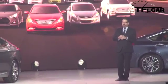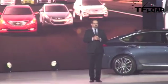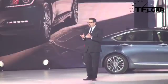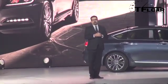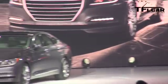And the purpose of that revolutionary concept was to grab the attention of style-conscious customers who had little or no familiarity with the Hyundai brand. And that it did. With flowing lines and dynamic forms, fluidic sculpture instantly gave Hyundai a unique look and a progressive identity, one that captivated our growing fan base around the globe. Now, with the introduction of Fluidic Sculpture 2.0 in the all-new Genesis, our groundbreaking design language has evolved in a